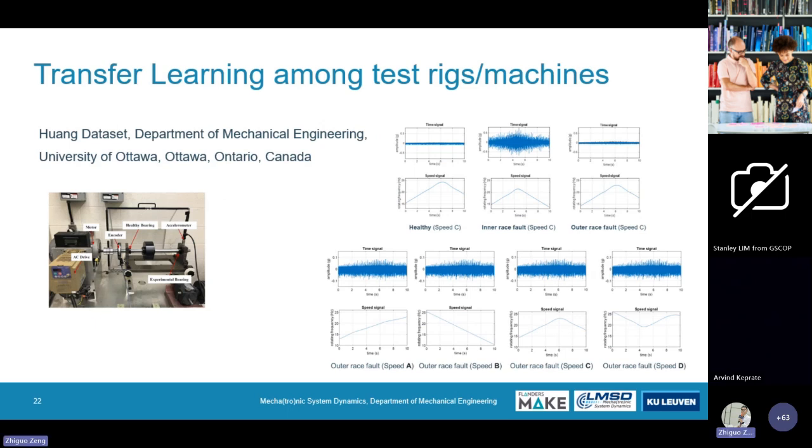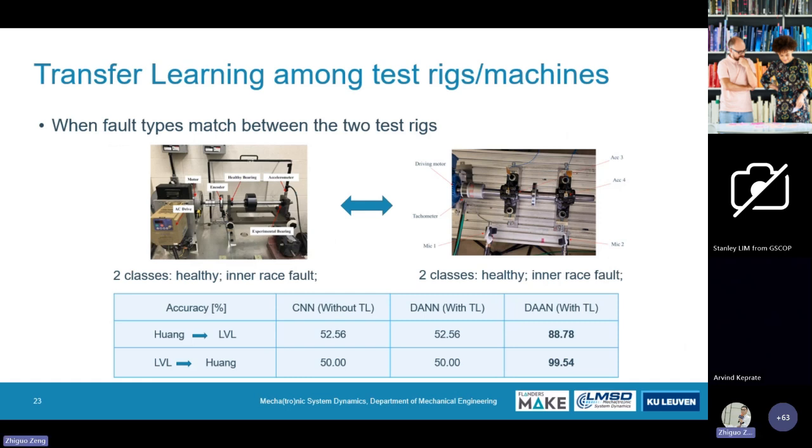Then we also used a publicly available dataset from a simple rotor dynamic test rig from Ottawa University, where they're doing some run-ups and run-downs in the speed. So we have different operating conditions. Here again, we compared 3 different types of networks, doing a transfer learning from what we called Huang,